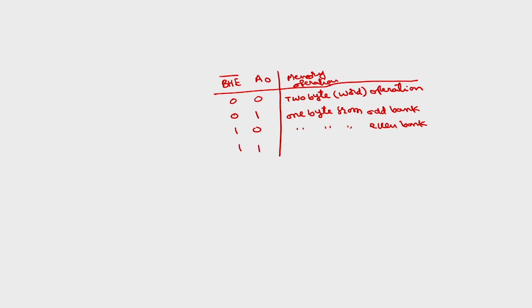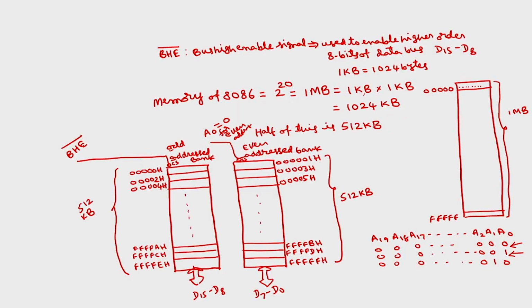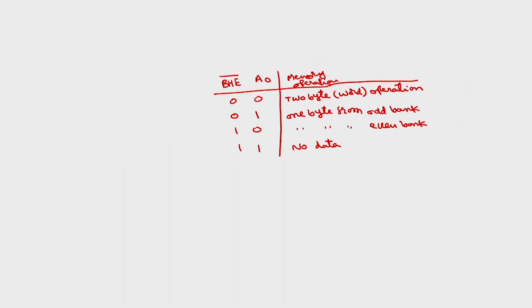Both are ones, none of the chips will be selected, so no data. Entire data bus will not be enabled. So you see here BHE bar is 0, only the odd bank will give one data which is higher order bits, this will give lower order bits. So if BHE bar is 0, this will be 1 byte from the odd bank, which will be higher order 8 bits,